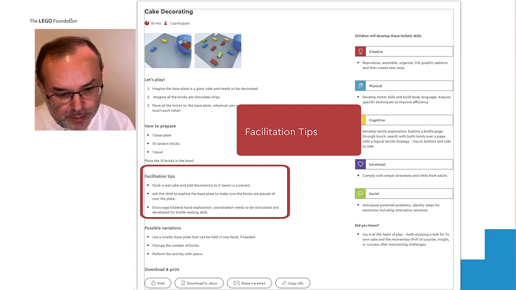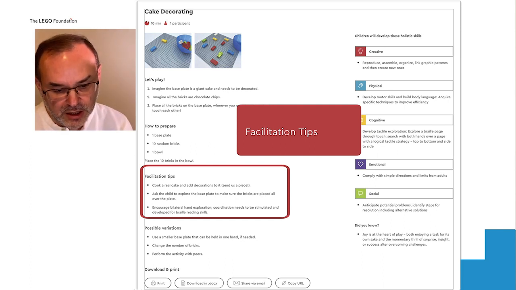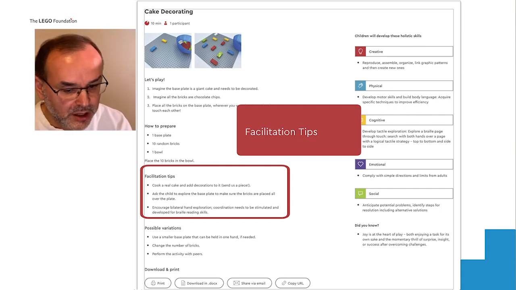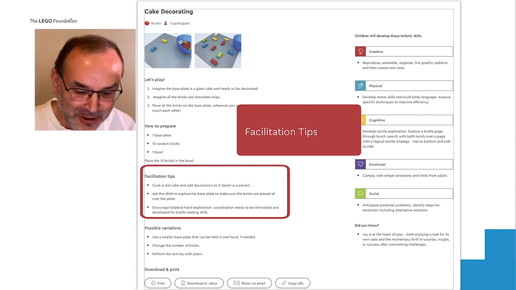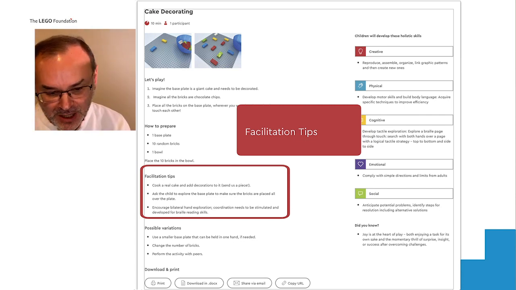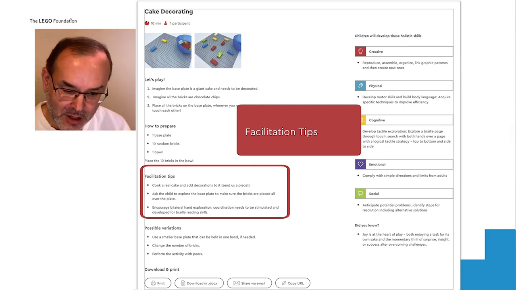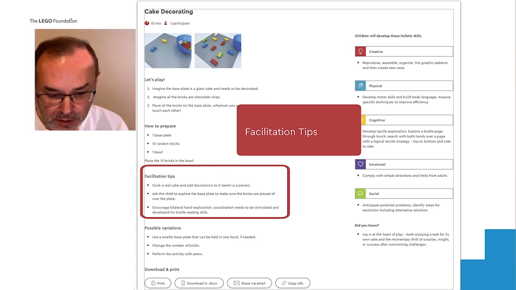Just an example, the first line: cook a real cake and add decoration to it. That seems to be silly, we can say, and that's easy to do. But that's just to remind the teacher that if you're not used to working with a blind child, you may not imagine that it can be very difficult for a blind child to imagine